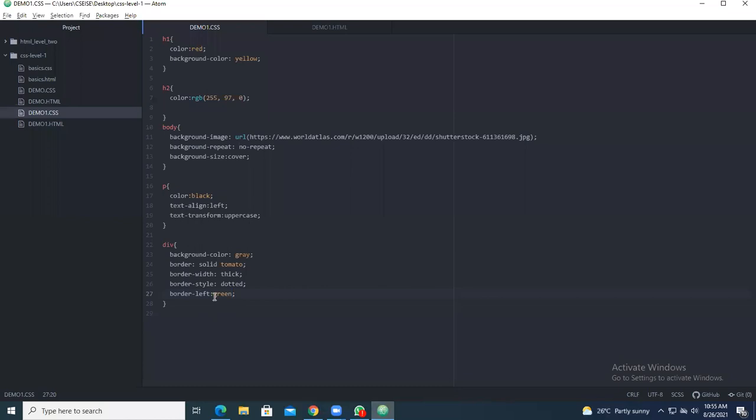So this border left, it is not showing here. This is the border left we have taken. So border left, you give something called 10px. Okay. So 10px green, and you see this is the border left you are getting. Okay. So this is up to demo of backgrounds as well as borders.